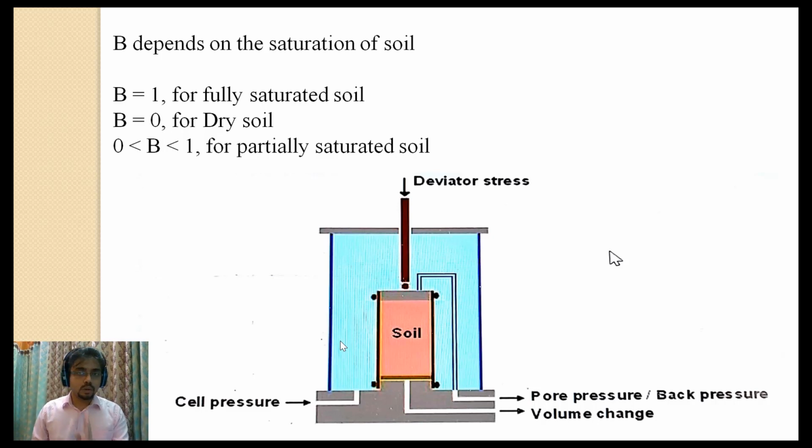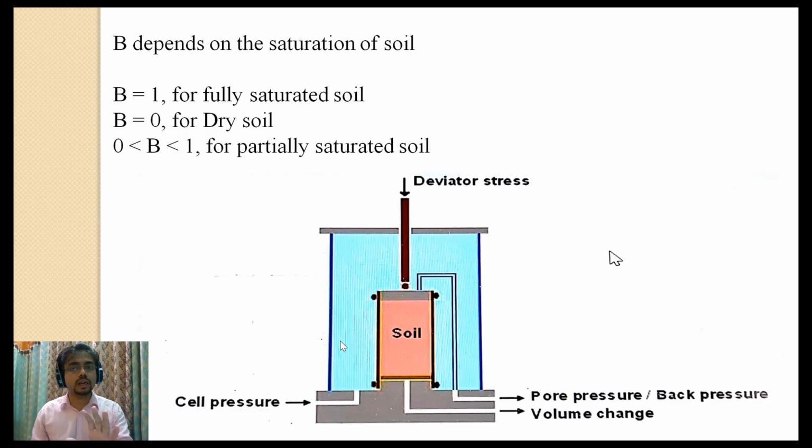If it is a fully saturated soil, all the pores are filled up by the water molecules. So if we provide some load, some stress, then all the pores have water. The water at first, as it is incompressible in nature, will take the whole amount of load. So the excess water pressure which is generated will be equal to the change in cell pressure. So we can say B equals 1 as del U1 is equal to del sigma 3.